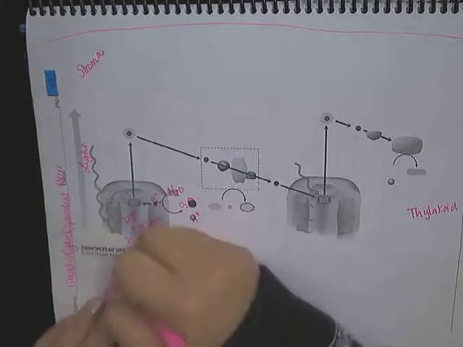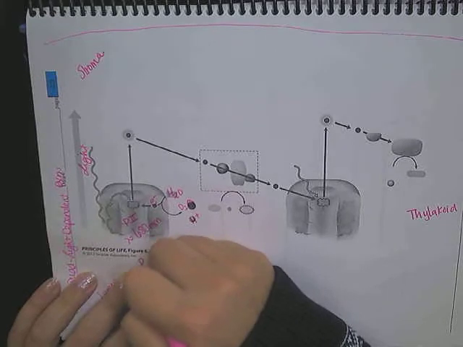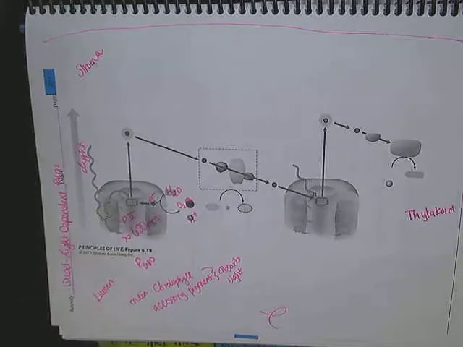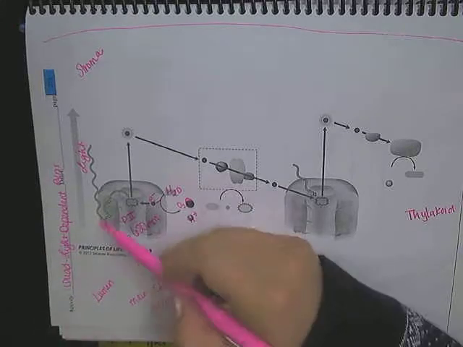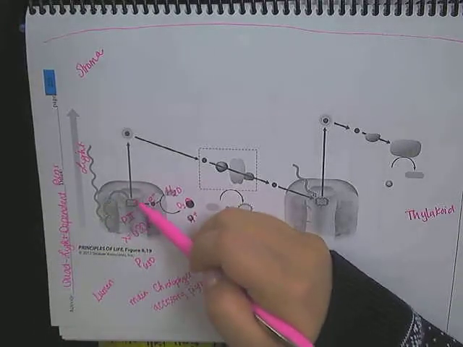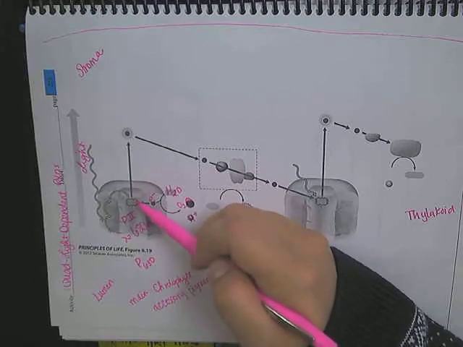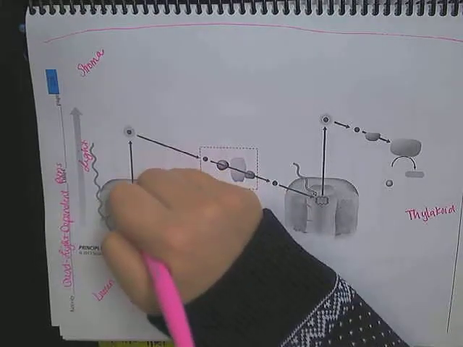And so sometimes you'll see this photosystem 2 referred to as P680, simply because that is the wavelength of light that it absorbs best. It's going to redirect light to what's called a reaction center, and that reaction center is where the electron will